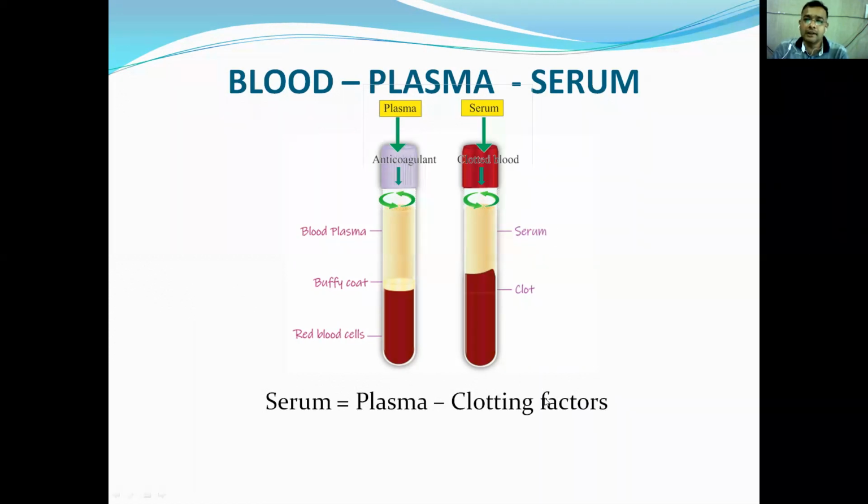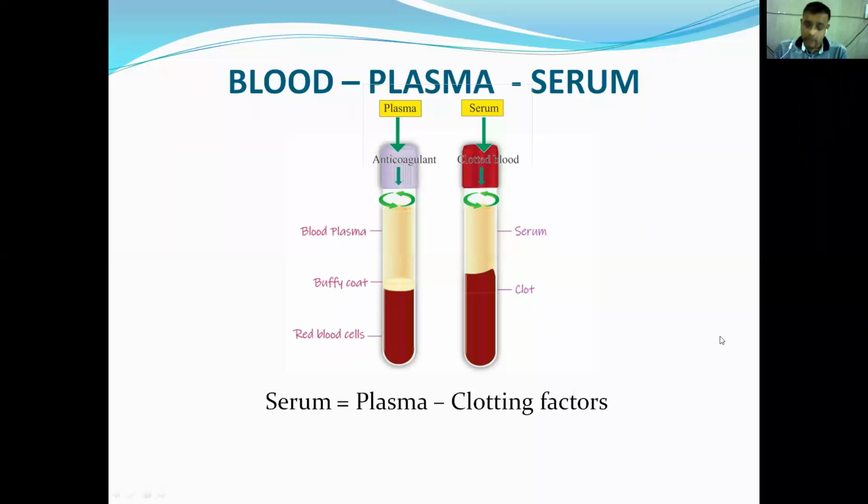So this is a little difference, but you must keep it in mind: when you have to collect plasma, it must be collected in an anticoagulant vial, whereas when you want to collect serum, it must be collected in a plain or clot activated vial. So this is the basic difference between blood, plasma and serum. And plasma and serum have different applicability, based on our utility. We have to select whether we go for plasma collection or for serum collection.